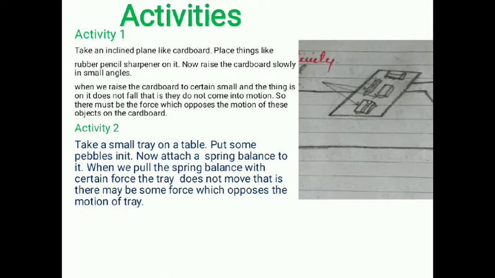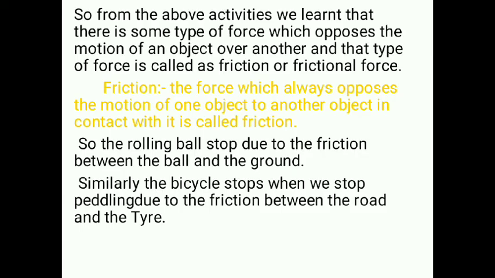Activity second: take a small tray on the table. Put some pebbles in it. Now attach a spring balance to it. When we pull the spring balance with certain force, the tray does not move. That is, there may be some force which opposes the motion of the tray. So, from the above activities, we learned that there is some type of force which opposes the motion of an